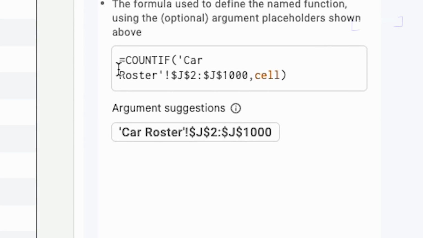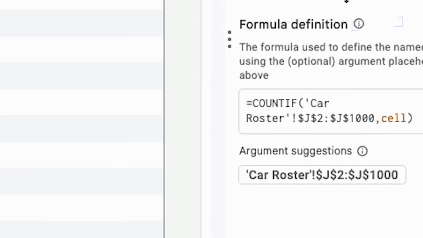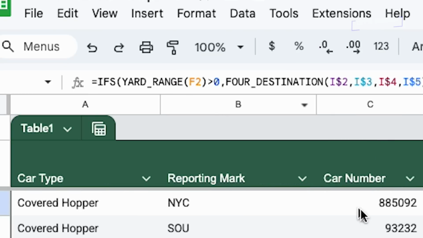So this is going to say count if car roster is J2 through J1000 and that cell. So our yards, tracks, destinations are all in the J column, and we have J2 through J1000 because if you have more than 1,000 locations, you can always just add a few numbers to that. But what we're looking at here is it also has a cell. When we put that cell input in here, this part is not going to change, but that cell is going to change. So when we put that F2, which is right here,